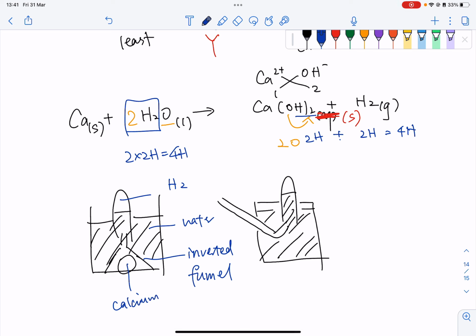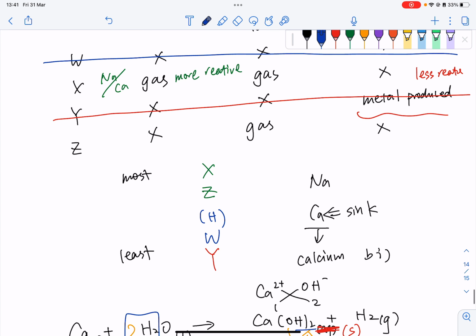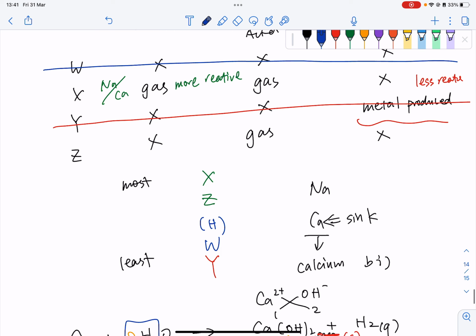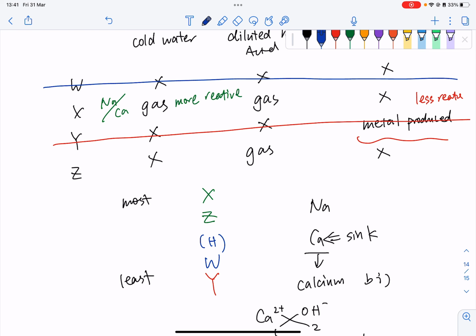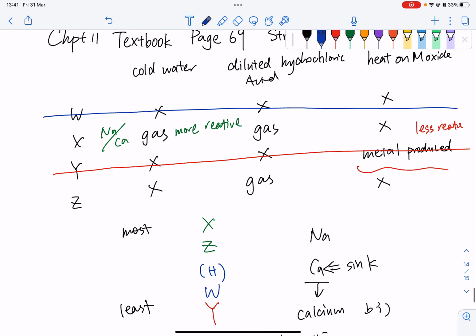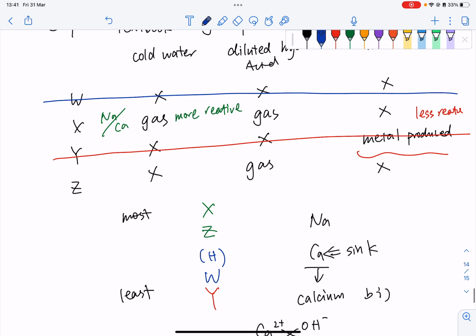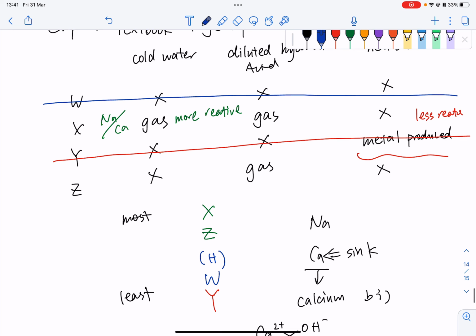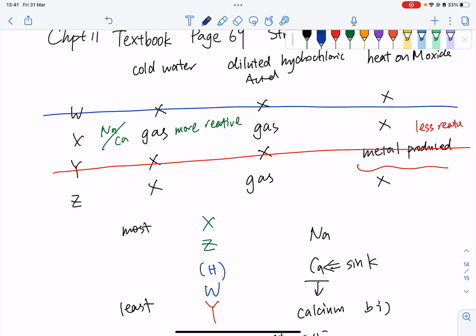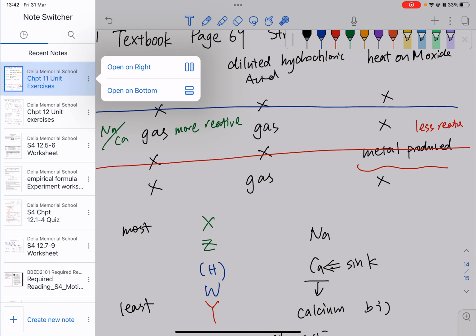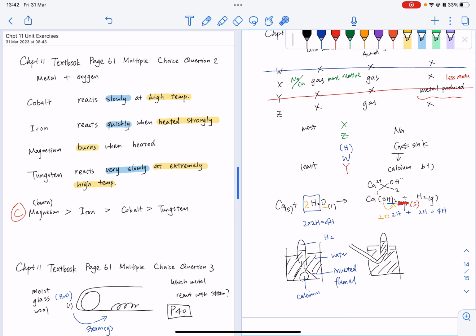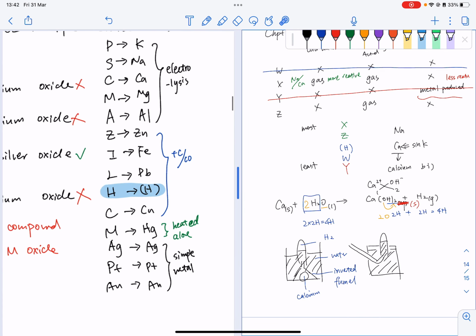And then take a look at part C. Suggest names for W and Y. For W, let's take a look at it. It won't react with any of them. I think it's somewhere in between, as it won't react with magnesium oxide when heated to form its metal itself. So for W, it should be somewhere before mercury, right? And also before mercury and below H, if we take a look at the metal reactivity series here,